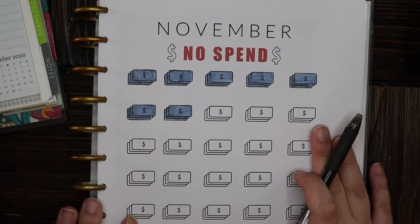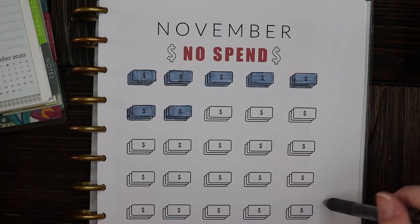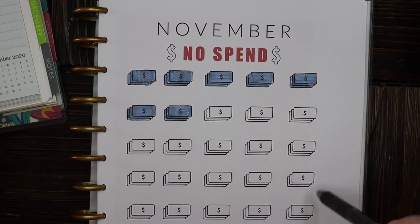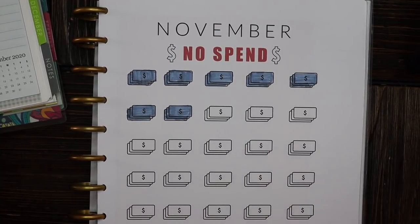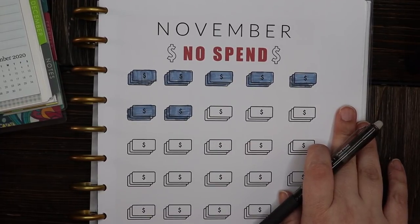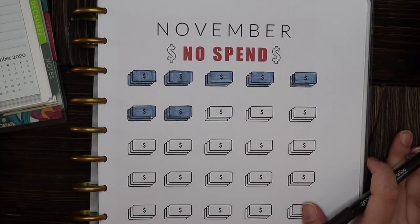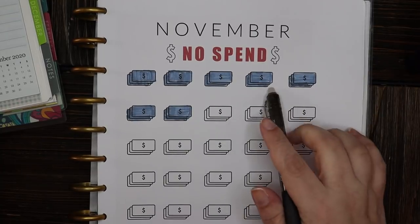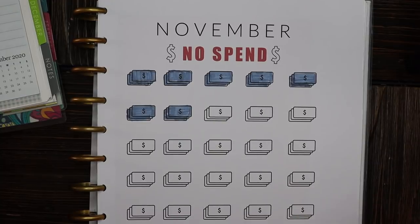I have Chrissy's website linked down below. If you want to join in on this November no spend, you can get this printable from her website. And you can create your own rules for the November no spend. Maybe you don't want to spend anything at all besides pay your bills and take care of your weekly expenses. Maybe you don't want any extraneous spending at all. For me, this no spend just means that I didn't spend any money that I did not allot in my